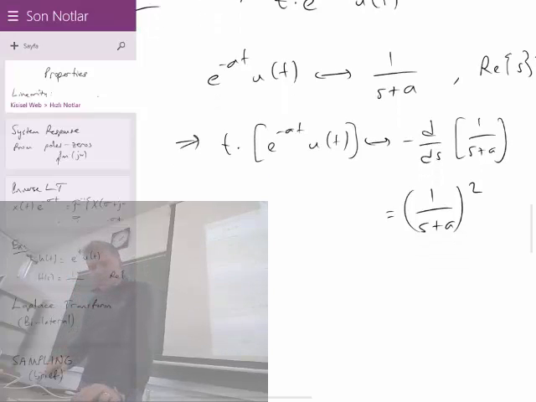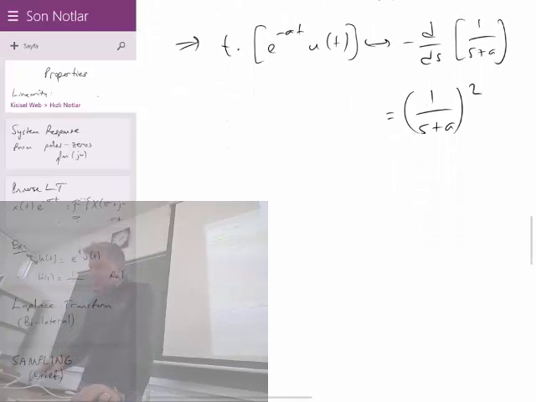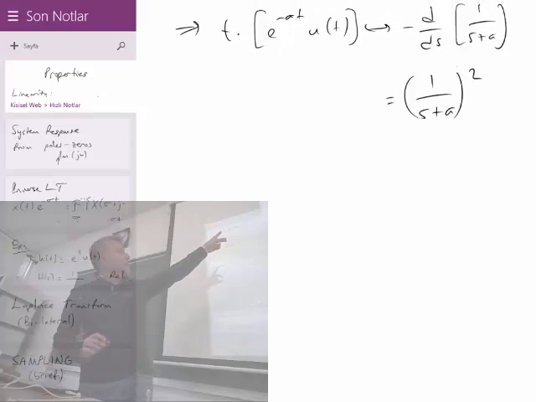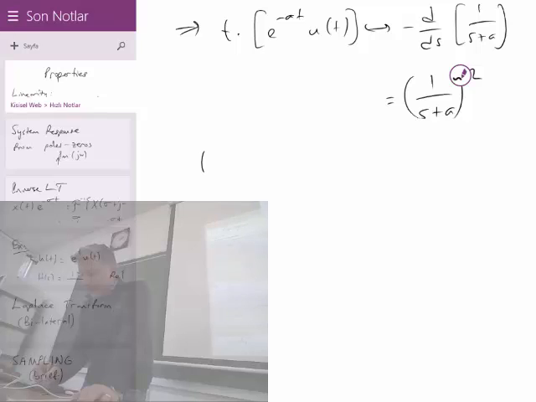And the formula about multiple differentiation in the Laplace domain helps us to formulate a generalization of this phenomenon. This is only one multiplication with a single t, but if you iteratively multiply like this, unfortunately you need to normalize it with n minus 1 factorial,